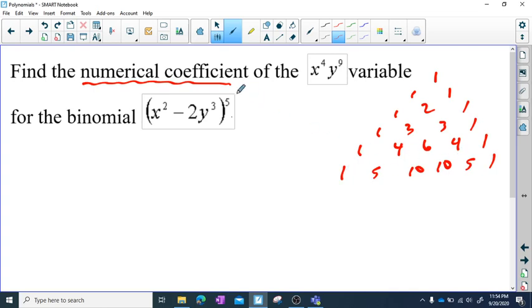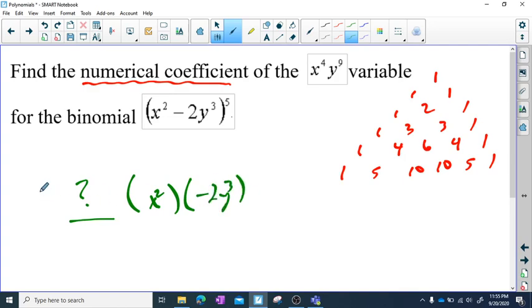Okay, so I'm on this row because it's the fifth power. There's a whole bunch of terms added. There's going to be some number in front. I'm not sure what it is. There's going to be an x squared, and there's going to be a minus 2y cubed. So every term is going to be that, plus, and we'll fill numbers in here. We're just going to figure out which term does this question want me to focus in on, just this one